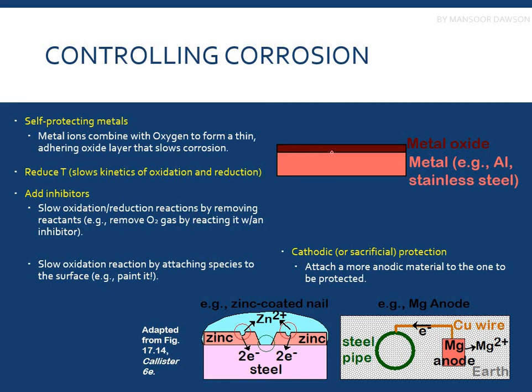Okay, so this oxide layer which is formed acts as a barrier between the corrosion environment and the bare metal or the alloy which is exposed to the corrosion environment. And you can also see this in the aluminum window channels, that they do not corrode at all if you expose them to any corrosion environment, because they form an aluminum oxide layer on top, which acts as a barrier between the bare metal and the corrosion environment. Furthermore, you can reduce the temperature kinetics in order to slow down the effect of corrosion.